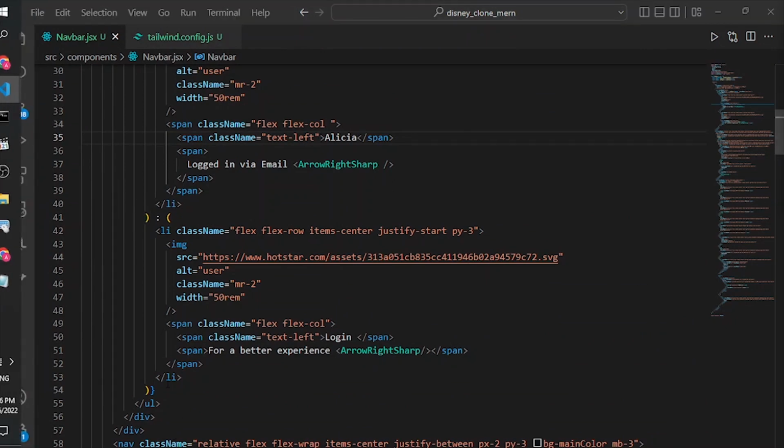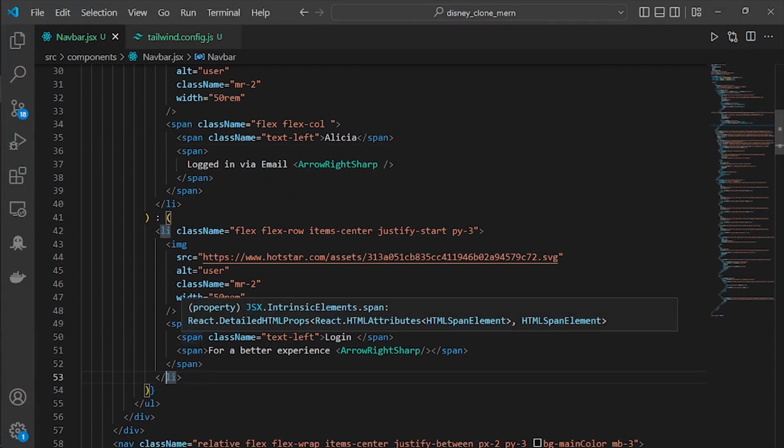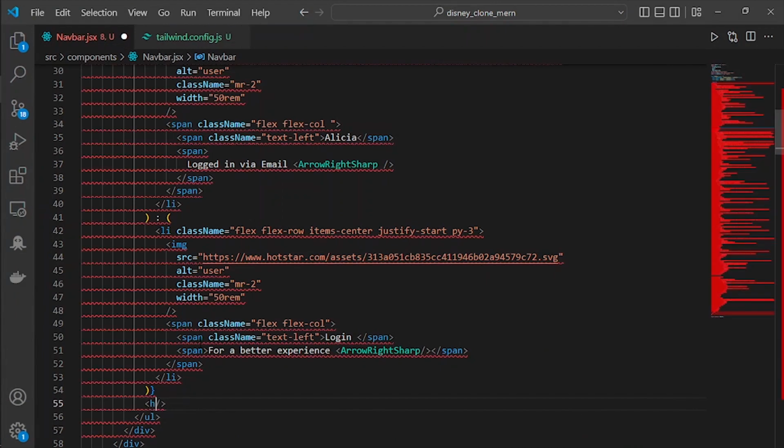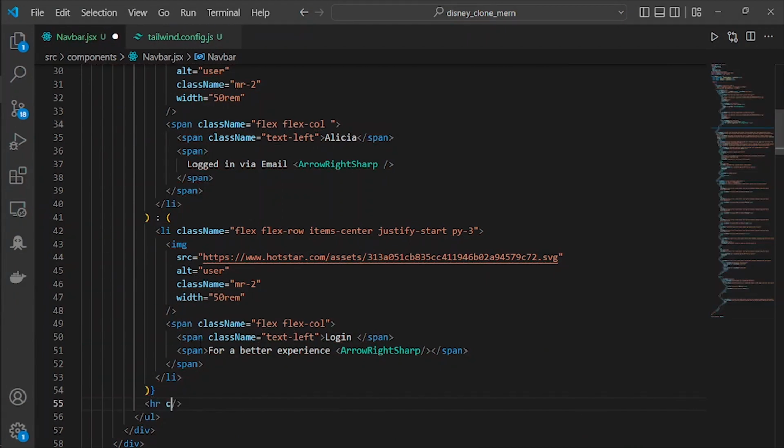So below of this if, I'm going to make a divider using an hr tag, and also this was a self-closing tag with a class name equal to border b, and then for the arbitrary value is going to be 1 pixel. Below that, I'm going to make a new li